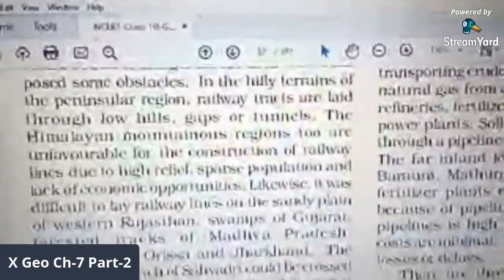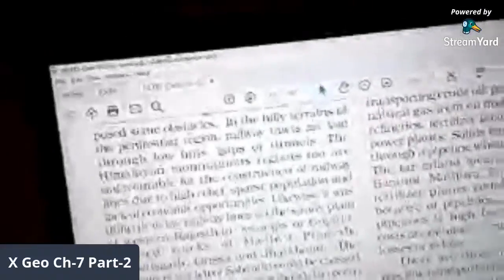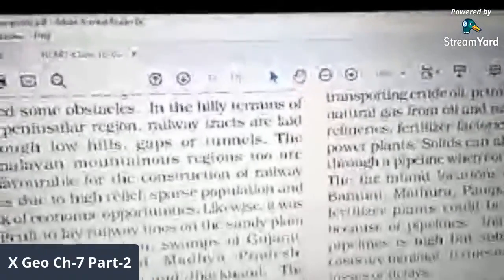Okay, now as we discussed railways, there are a few more questions I want to discuss about Indian railways. We have discussed the factors of Indian railways, the physical factor and economic factor. Now I want to discuss one question with you all, because last year in boards you had this type of question, something like this.